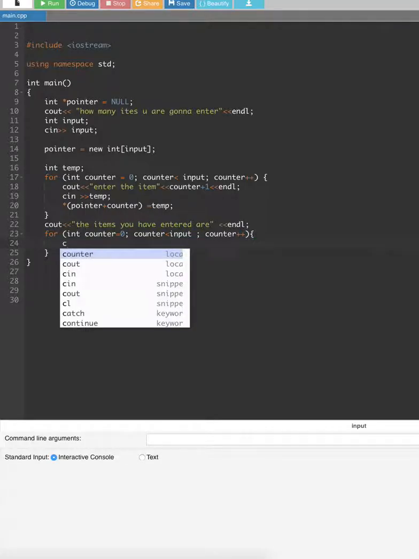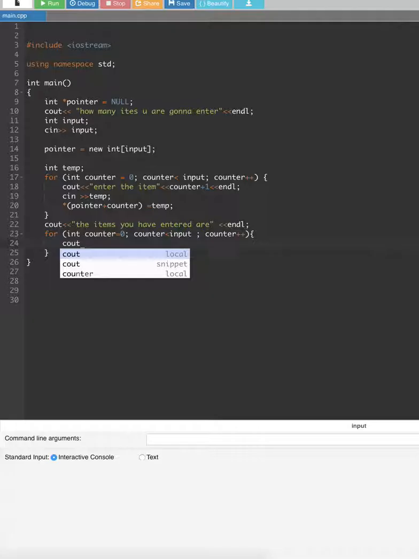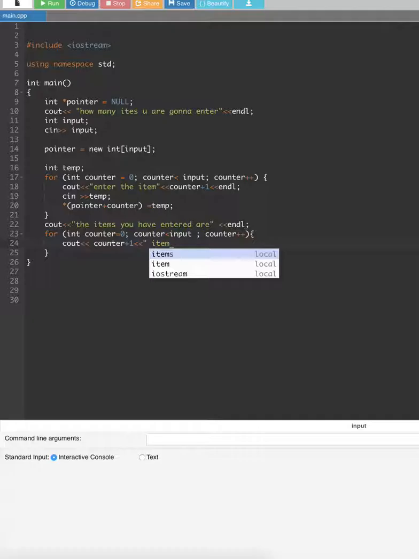After that, we are going to put a cout statement. Before that I put counter plus 1 because again counter is starting from 0. If we put plus 1, that's going to give us the item number starting from 1, right? It's going to say item is, and then we finish this with the pointer we have given before. So let's copy it and paste it right here. Okay, now let's end this line, endl,